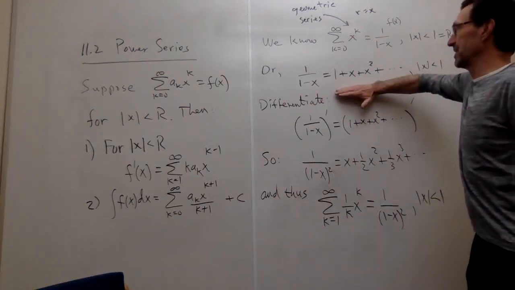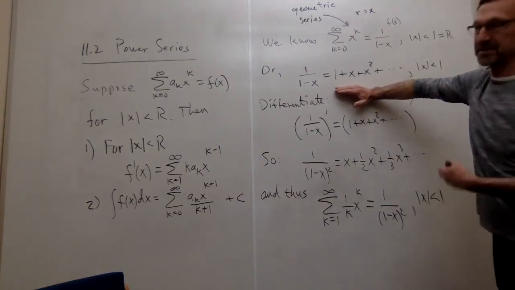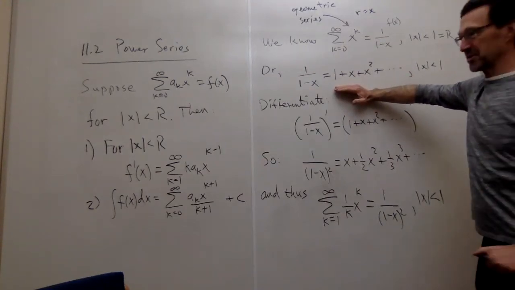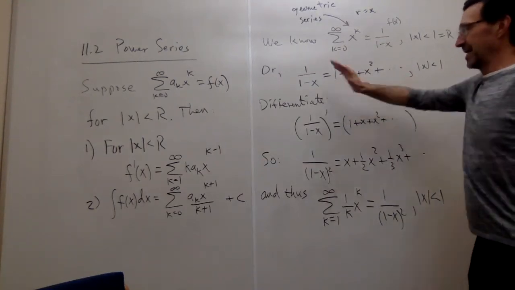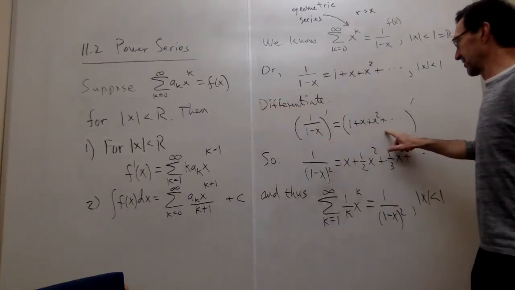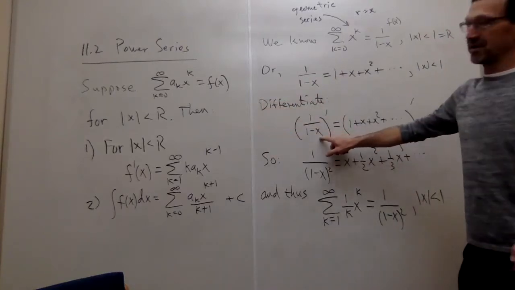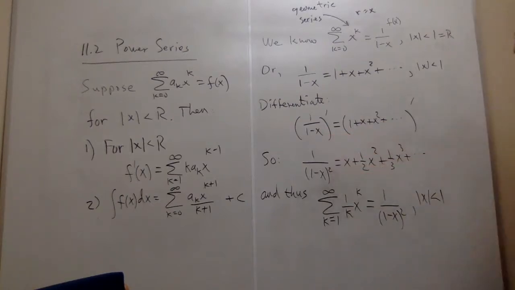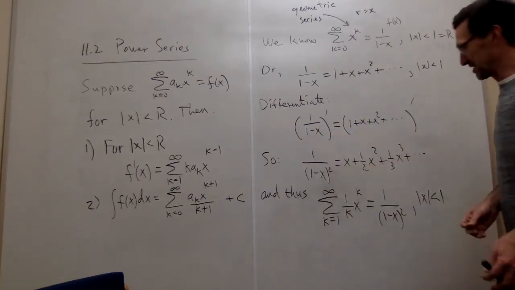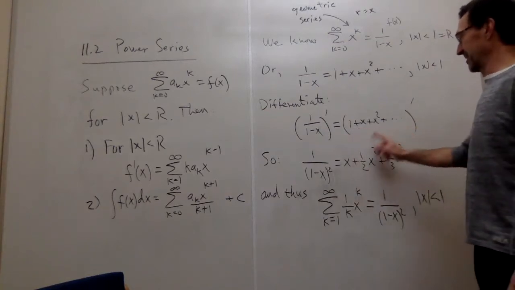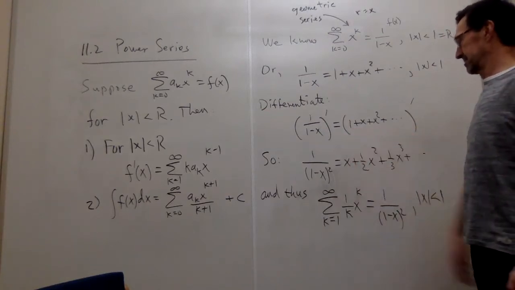So here's the fact that we know to start with. We know this from the previous chapter. One of the very first special series we looked at, the geometric series. And now this thing says we'll take the derivative. So we're going to differentiate here. We're going to differentiate there. Over here, using the chain rule, you can check my work, we get 1 over (1 minus x) quantity squared, trust me. And over here, we just do it term by term because we're summing. So the derivative,